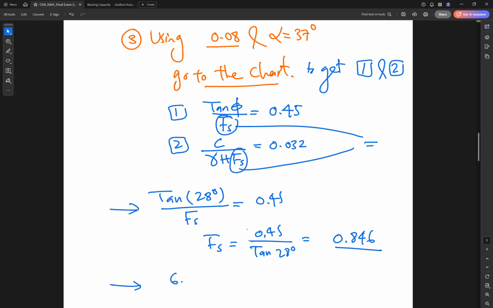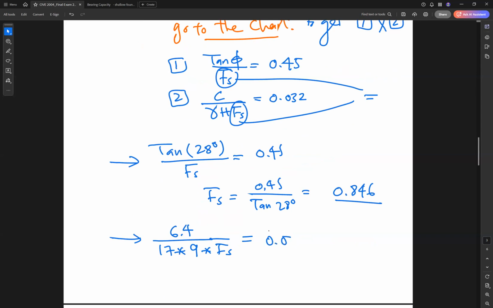From the second value we have C. How much is C? 6.4 divided by gamma. Gamma is 17. H is 9 times the factor of safety equals 0.032. So from here, can we get the factor of safety or not? The factor of safety will be 6.4 divided by 17 times 9 times 0.032. This will be equal to